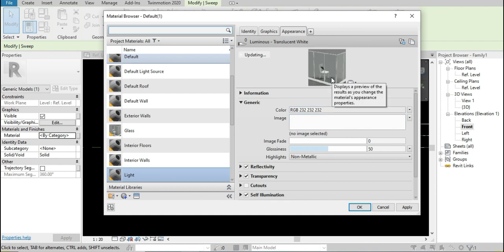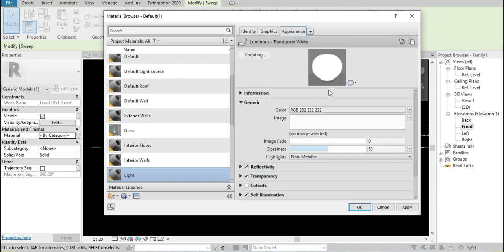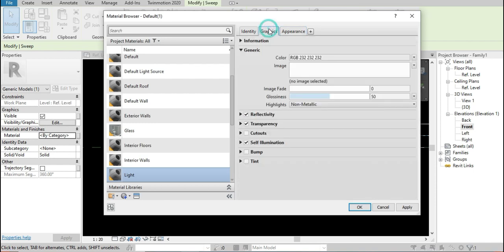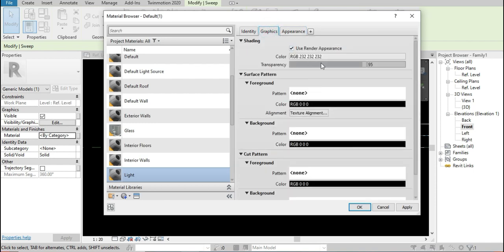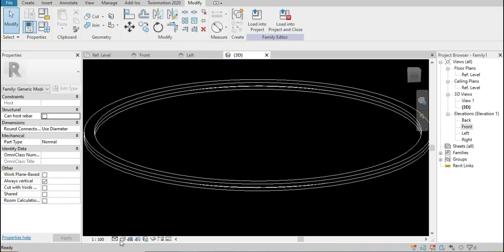It will take some time to load this material. Use render appearance. Yeah, it's loaded. Apply. Okay. So the material is successfully applied to our generic model family.